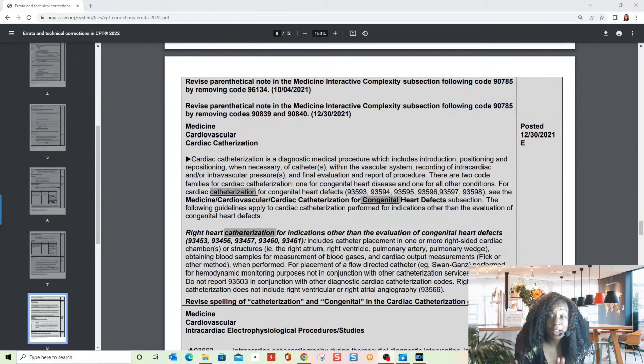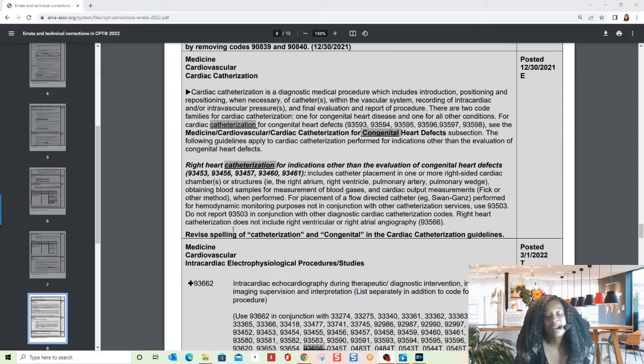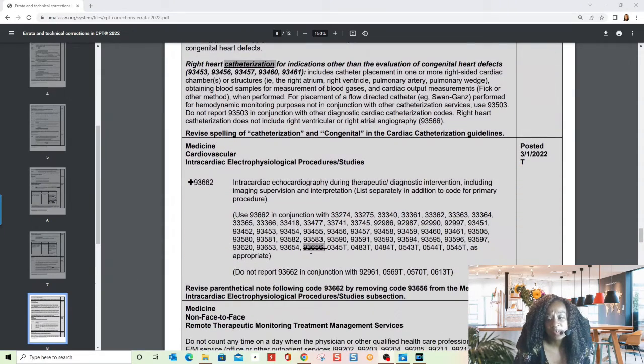So this is a follow-up video, and I'll link the other one here somewhere so you can see what this is a follow-up to and get part one. This is an update regarding the errata for 93662. I found in the beginning of the year, I think, that this code